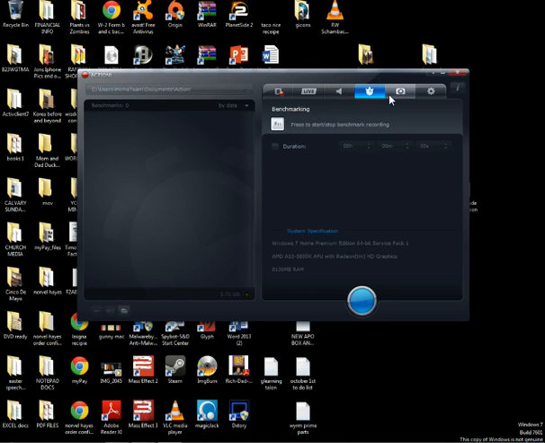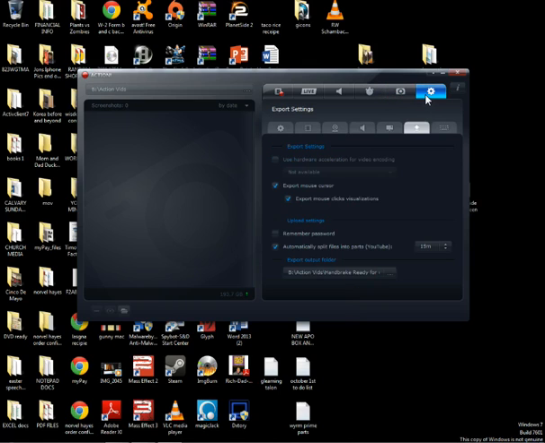Benchmarking, skip that. You don't really need that for functionality right now. Screenshots: if you want to take screenshots, I put it in JPEG because it takes less file space than other image types. When you click on the gears box,